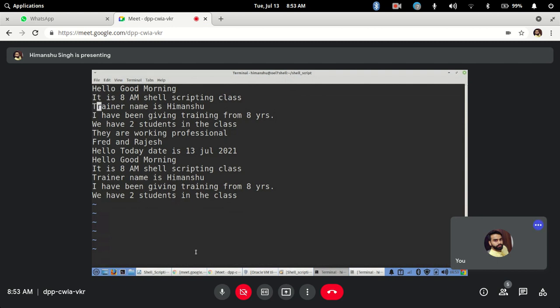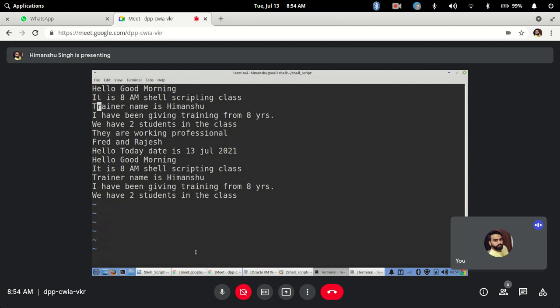So I will bring my cursor here, and I know that if I press the DD command, it will simply delete this particular line, but I want to delete 2 lines from the current cursor position.